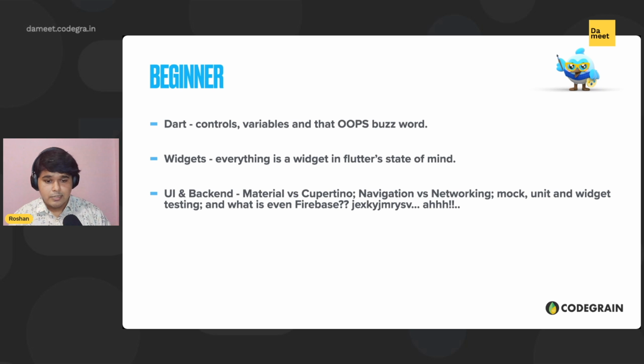But as I said earlier on, Dart ensures that the best qualities in terms of semantics are picked from both JavaScript-like languages and something like C++ or Java. So even if you're someone who is very fresh to the development scene, if this is your second or third language to learn, I would recommend you go through all those key buzzwords or key practices that you do in any other language.